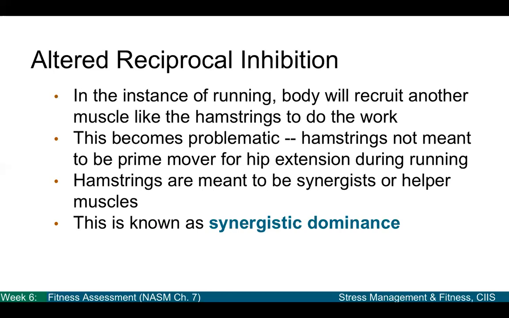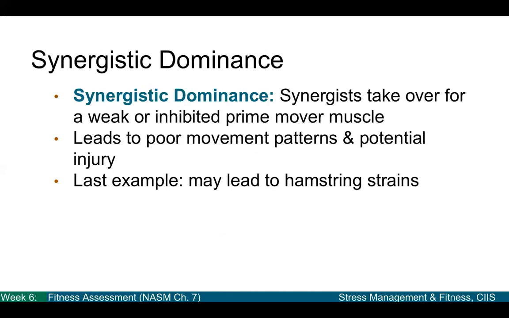As we're going through this lecture, we're seeing how all these different things lead to one another, okay? So altered reciprocal inhibition leads to synergistic dominance. So again, what is synergistic dominance? I say again because we learned this before. It's when a synergist takes over for a weak or inhibited prime mover muscle, which leads to poor movement patterns